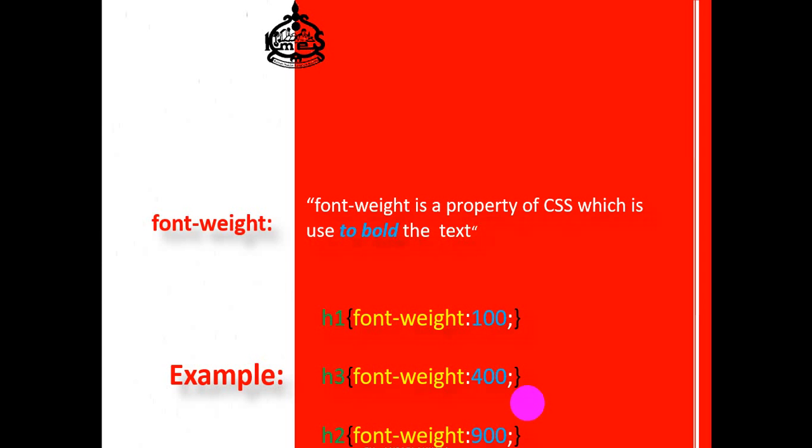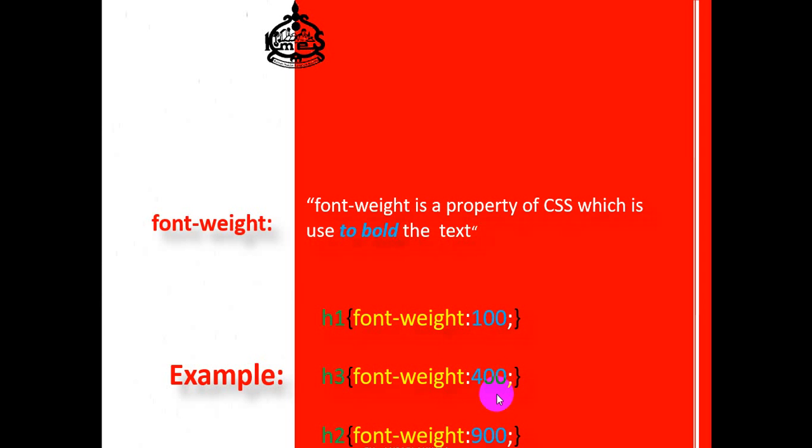Now we come to the logic behind this font weight. If you use it, by default it will be accepted as 400. Your font weight will be accepted as per the CSS rule as 400. If you assign less than 400, it will come under the category of thinner, or lighter. 400 is your normal size. If the value is less than 400, such as 300, 200 or 100, it will come under the category of lighter.